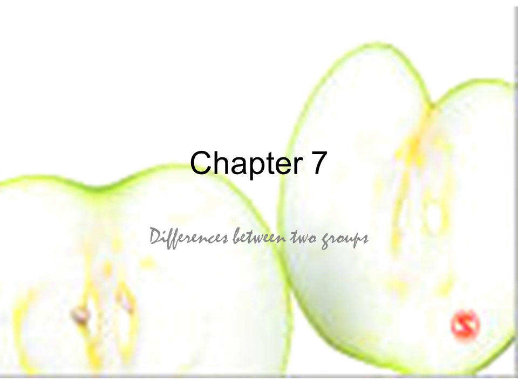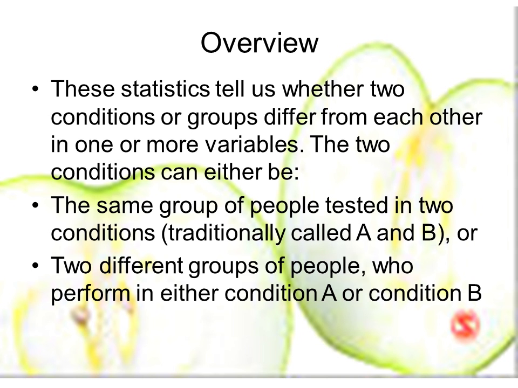In Chapter 7, we are going to identify the differences between two groups that we are studying or trying to make a comparison between. An overview of what we're going to be looking at is that the statistics that we gather from whatever testing we're doing can give us an idea or tell us whether two conditions or groups differ from each other in